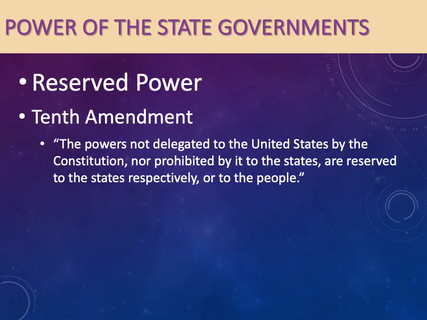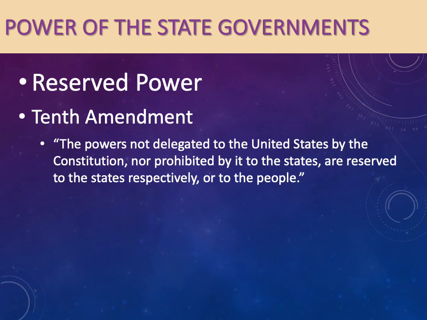Now, when the Constitution was being ratified, the states got really nervous. They looked at Article 1, Section 8 and the necessary and proper clause, and they were like, wait a second. You said this is a power sharing relationship between the national government and the state governments. But there's nothing in the Constitution that tells us what states can do. And not only that, but you got this long list of things that the national government can do. And then you've got this elastic clause that can actually sort of magnify those powers. And they were like, you know what? We're not going to ratify this Constitution unless you amend this Constitution in order to be more specific about what